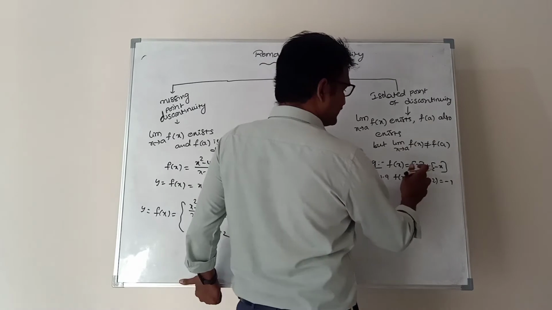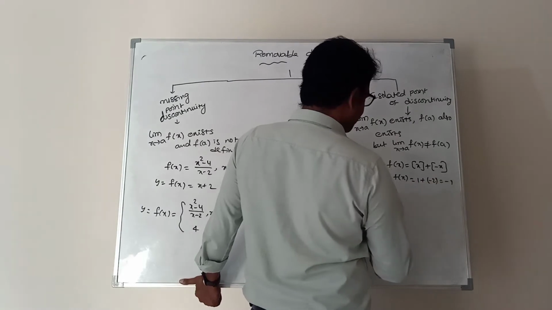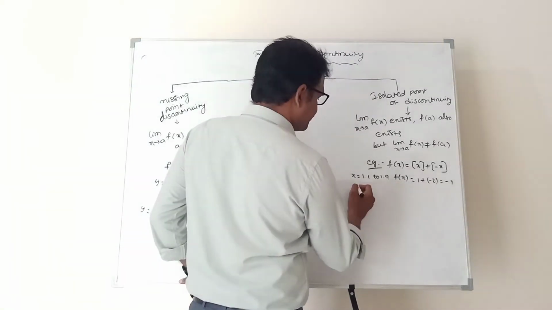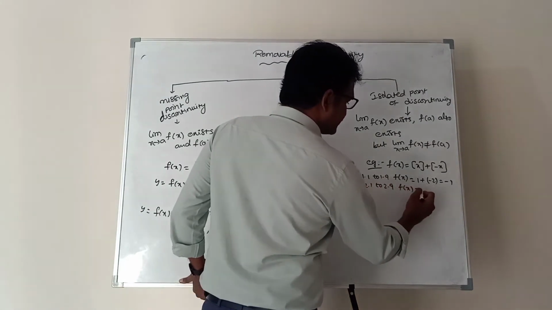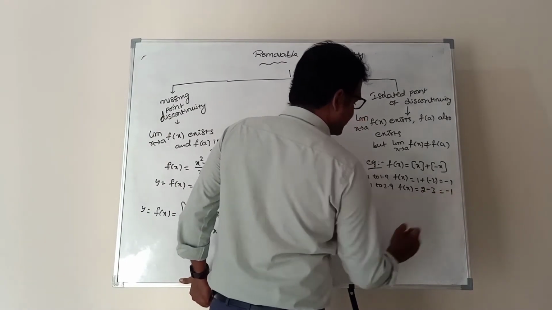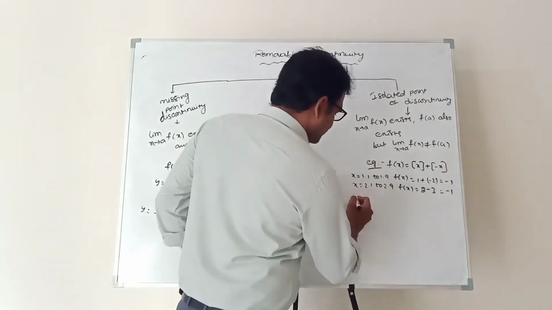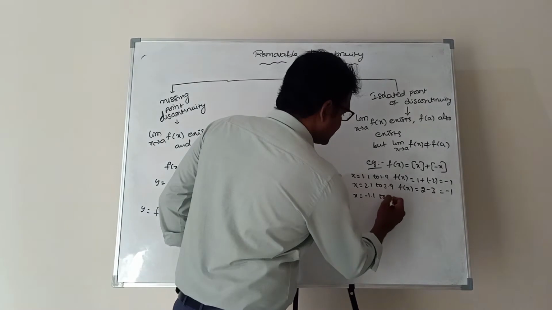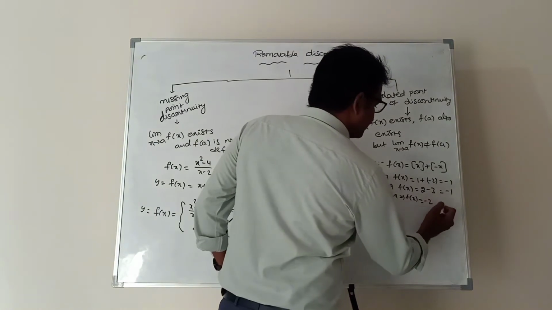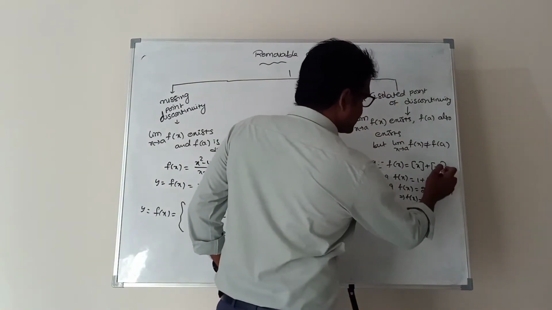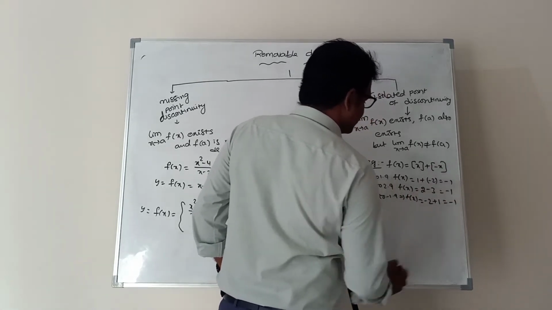If I give 1.9, step of 1.9 is 1, step of -1.9 is -2. 1 plus -2 is -1. So between these two values you will get -1. Similarly, at x from 2.1 to 2.9, f(x) is 2 minus 3, that means -1. Similarly for 3.1 to 3.9. Suppose I give -1.1 to -1.9, what is f(x)? Step of -1.1 is -2, plus step of 1.1 is 1, that means -1.